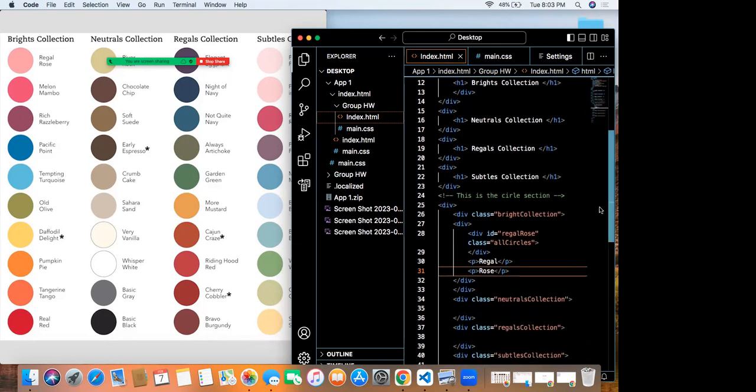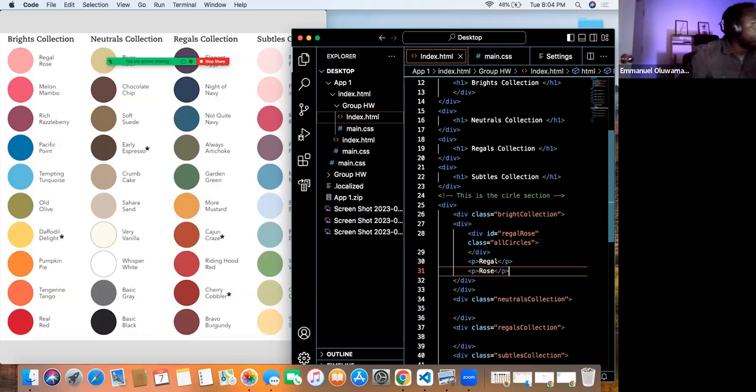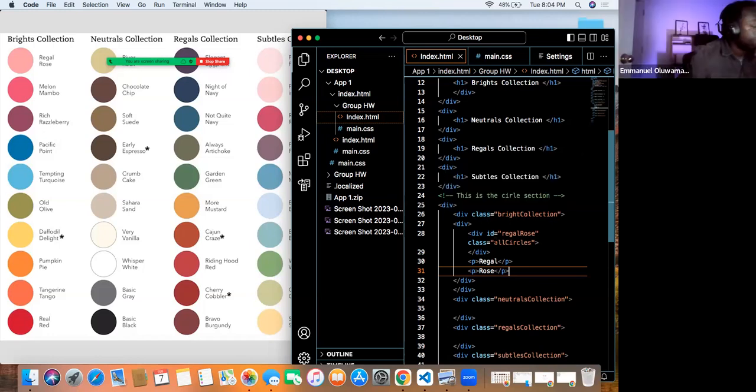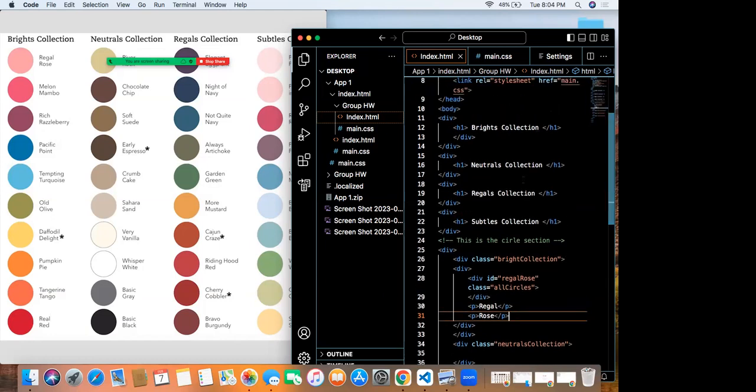Which one are we doing first? Because I know I have to copy and paste something over to main.css. Is Bright Collection the first one? Or is it one further up? Yeah, Bright Collection is the first one. We're not doing the header first, we're doing the column first? Did we name the headers yet? Yes, we all did.